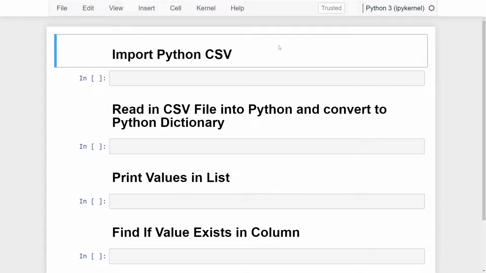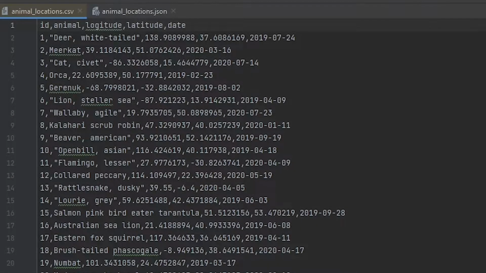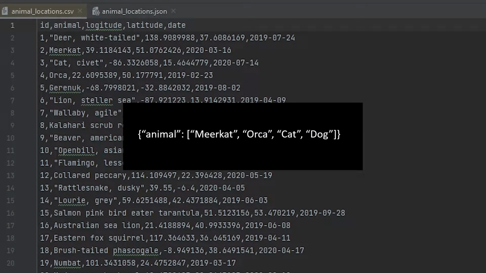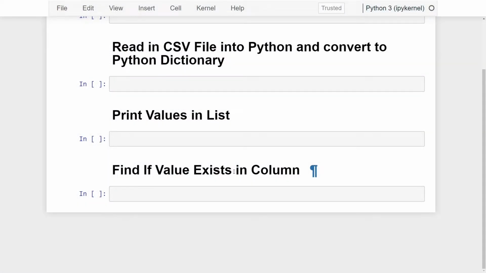I'm Adriano, and this tutorial is about how to convert a single column in a CSV file like you see here to a Python dictionary that contains a list of all the values. We will be converting the animal column, which contains names of animals. Our final result should look something like this. We will then search our column to see if the specific value exists in the newly created